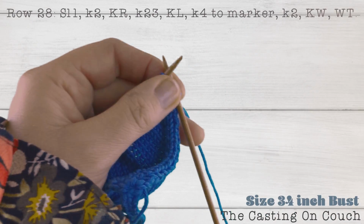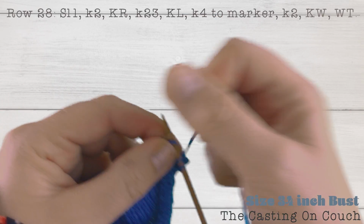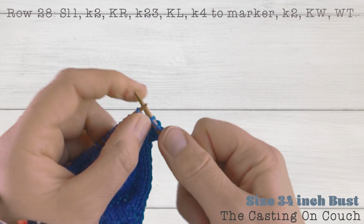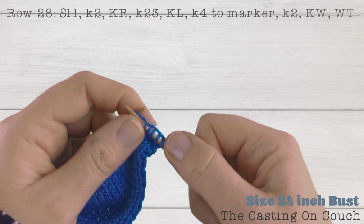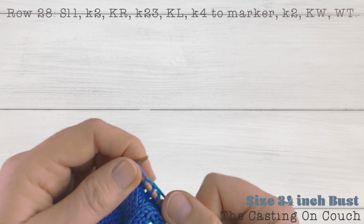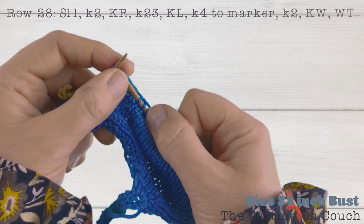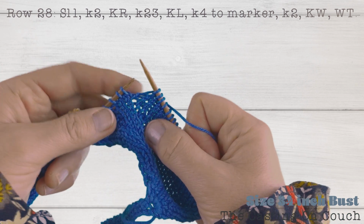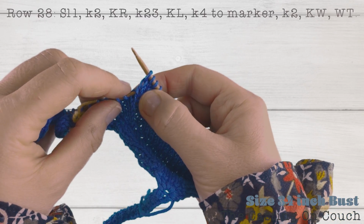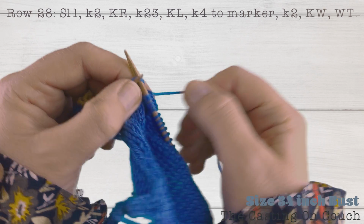Row 28, we're going to slip 1 to begin with and knit 2, then knit right, so create that right leaning increase, knit 23, 1, 2, 3, 4, 21, 22, 23, next knit left, so knit 1 and create a left leaning increase,